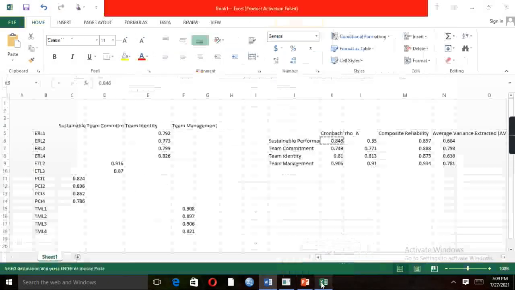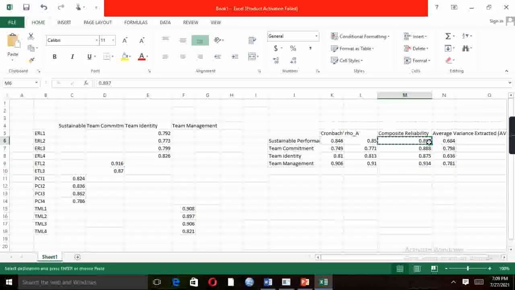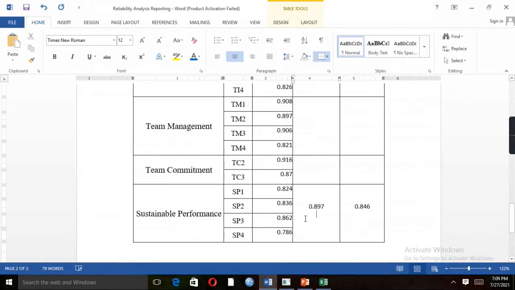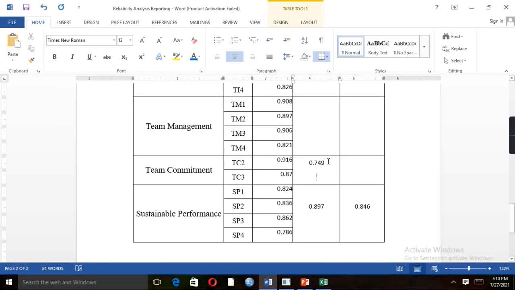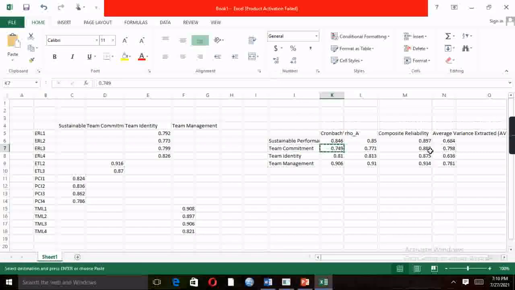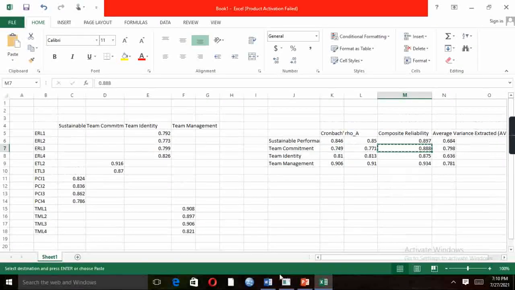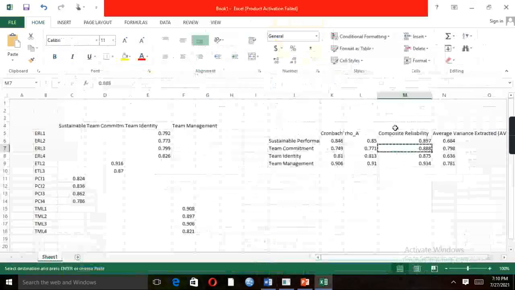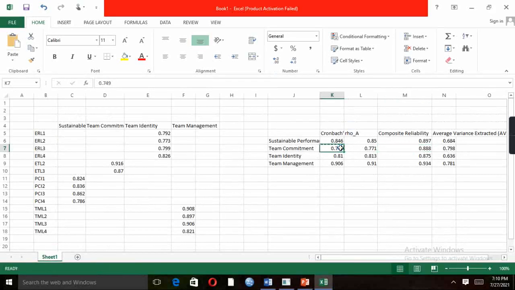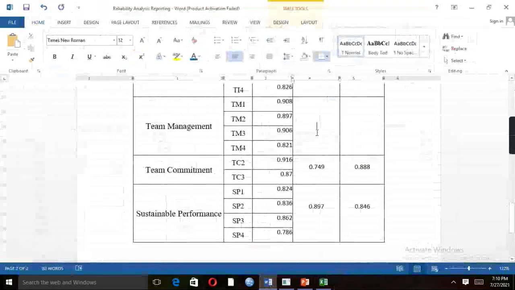Similarly composite reliability value, team commitment. So here we are, team commitment, and the composite reliability, just place the value to the respective variable, team commitment. We can see that the value of team commitment is 0.746, which is greater than the threshold.